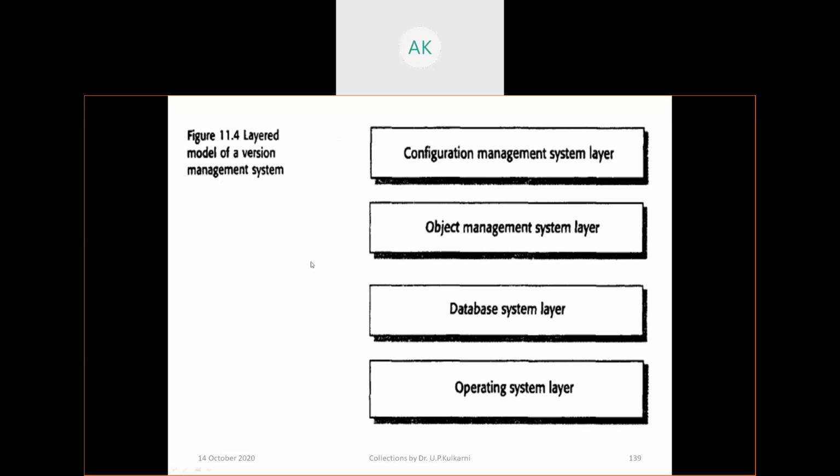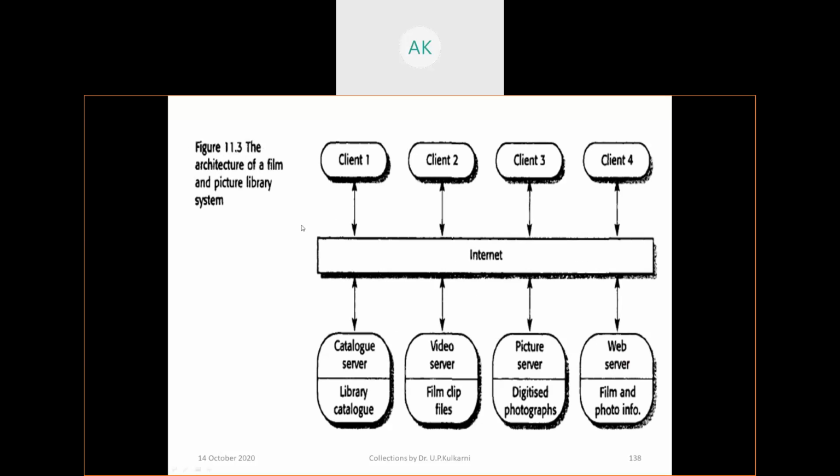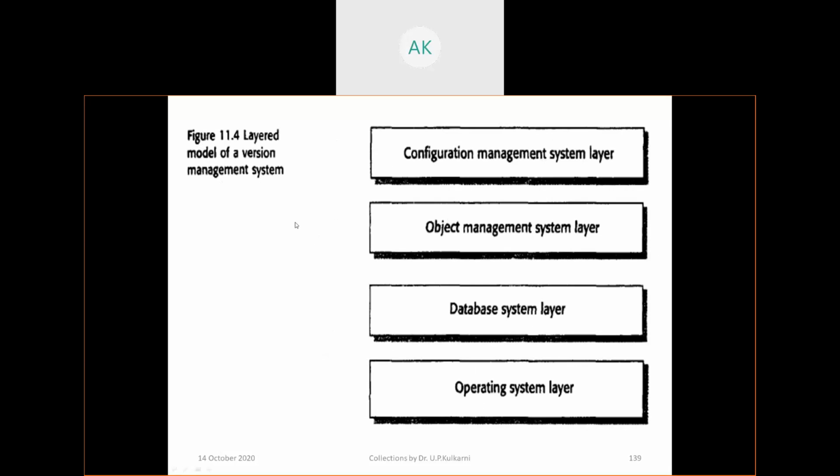Look at the layered model. See here, it is the architecture for one system. Now the layered model: probably in computer networks you might have gone through the ISO OSI model. What exactly is that? A layered model. Why a layered model? What are the advantages and the different issues? Look at that. You have one layer sitting on top of another layer and providing certain communications. These are all abstractions. Please remember,